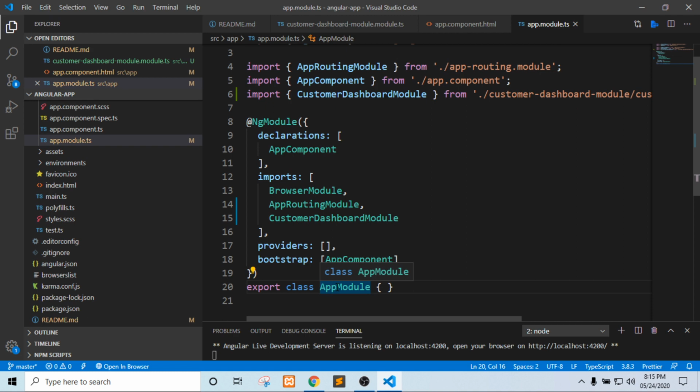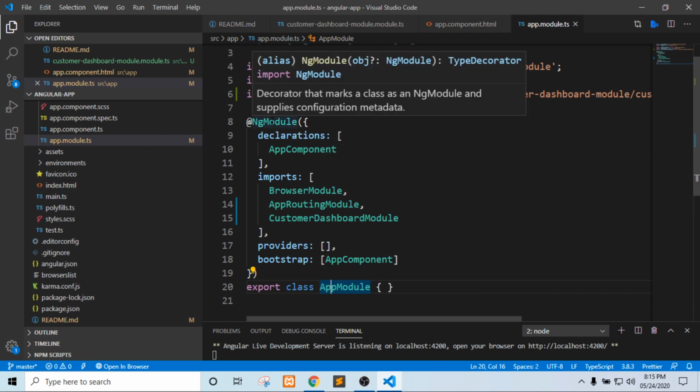Every module, component, directive and pipe will be a class, and we define decorators like ng module or component or pipe, so that they are categorized according to their functionalities. Here we will be discussing only modules or the root module.